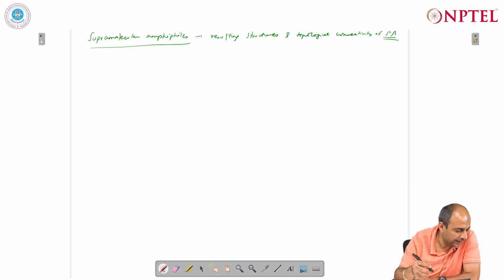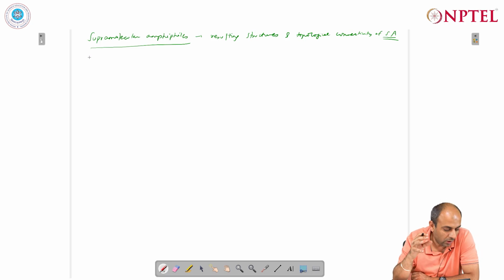I have designated it as SA, and we have already seen that the conventional amphiphiles have got very complex aggregation pathways, and the same thing also holds for supramolecular amphiphiles. And there is a very big library of both small molecules as well as polymeric supramolecular amphiphiles